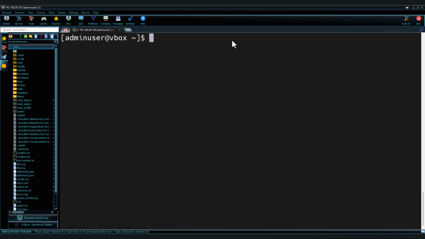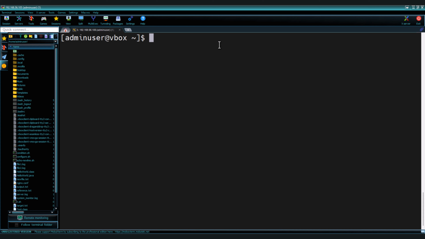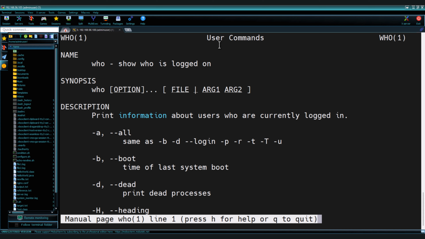So let's start with the basics. The whoami command in Linux is used to display the current logged in user's username, and let's see the manual page. It's essentially a quick way to check which user is executing commands in the terminal. When you run this command, it outputs your username